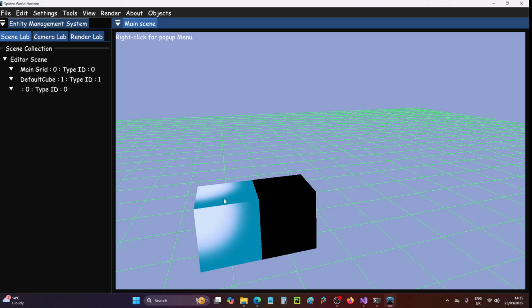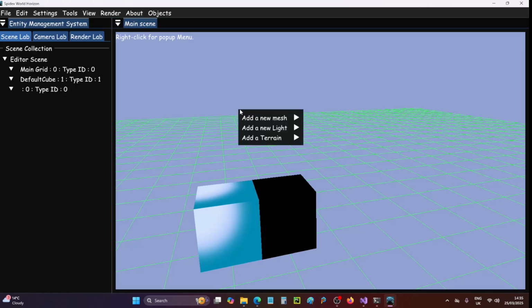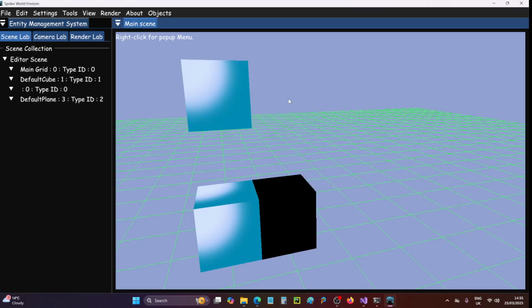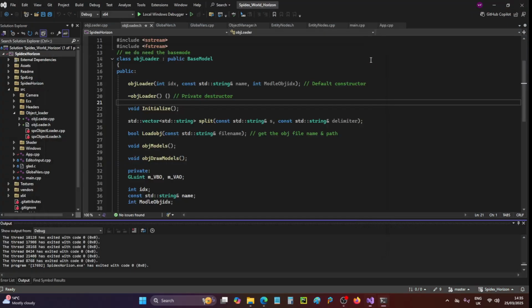Everything else is still working. We can change the textures, position the cubes, we can draw planes. The plane will come on here, we can draw that, we can move that, resize it. I've got a problem that it doesn't show properly in the ImGui tree window here, so that's something I'm working on. This all comes from a class that I've done